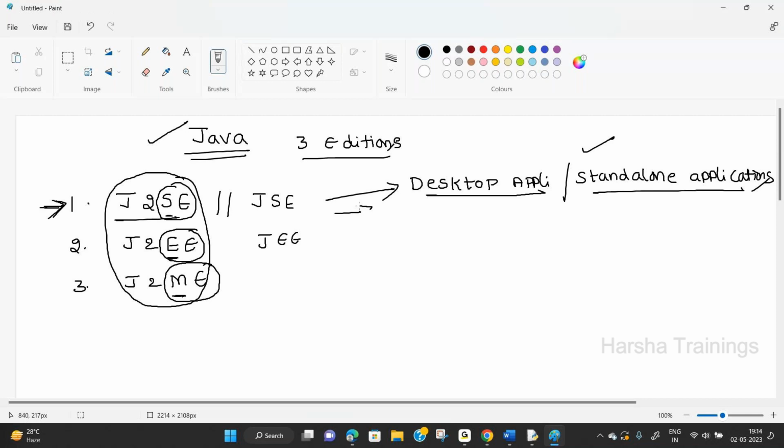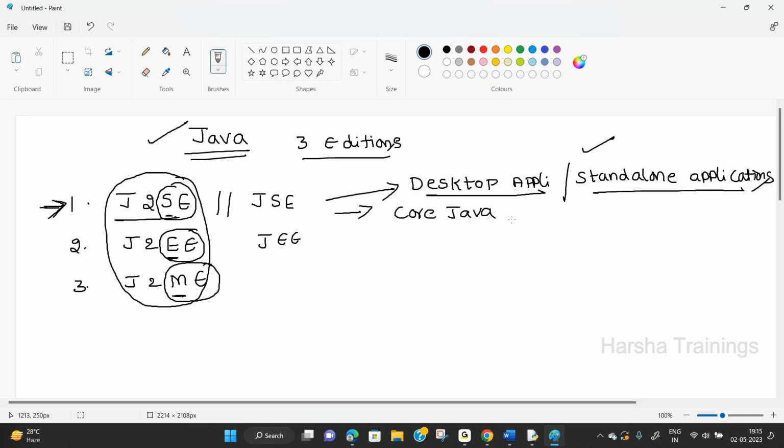Generally, this J2SE is called core Java. That means by the end of Java, you are learning core Java. By the end of my core Java, you are in a position to develop an application also. During practice, I will give you real-time ATM applications, bank application, employee application, student, book details, product details.